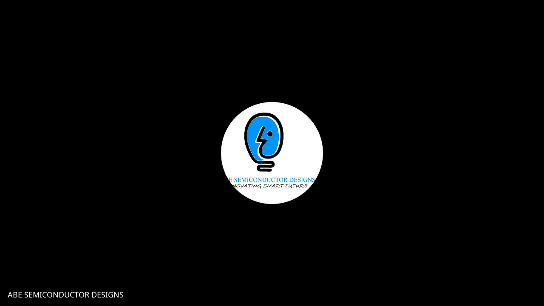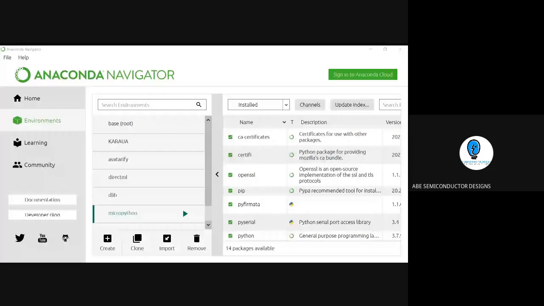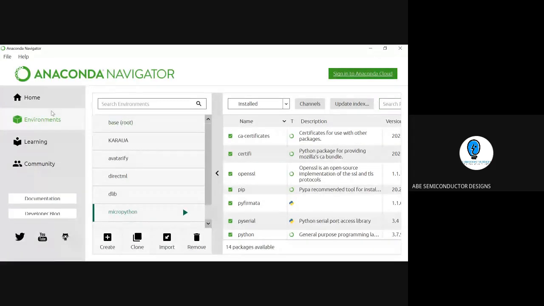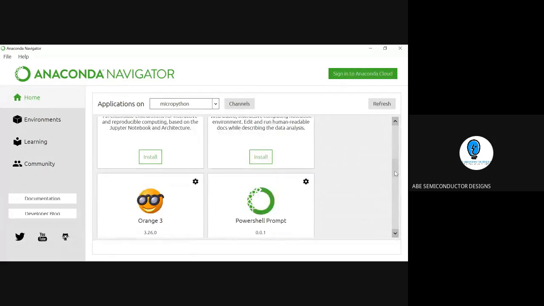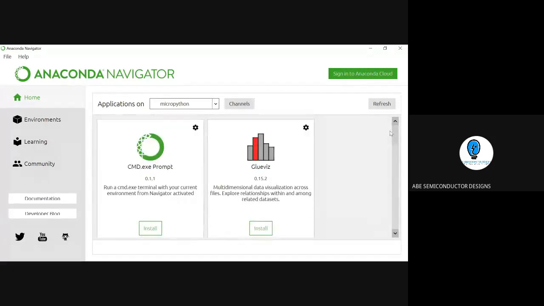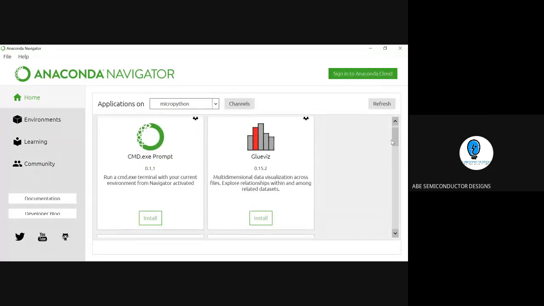You can install anything. But if the tools are not installed for MicroPython, it will show that it has not been installed properly. So please remember, creation of the environment is important. Once you create it, install everything over it and launch the mechanism. Once this is created, close it, and then we'll go to the home. And you can see here the MicroPython, everything. That's the environment I have created.